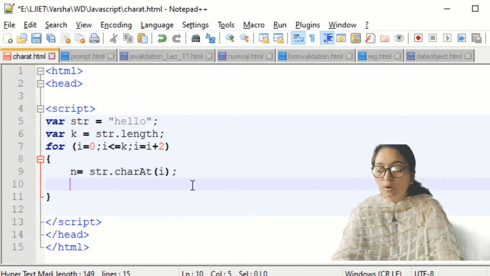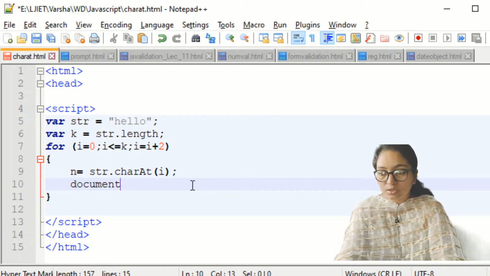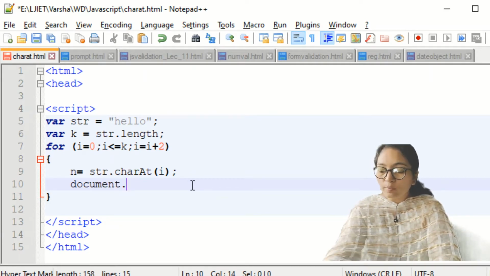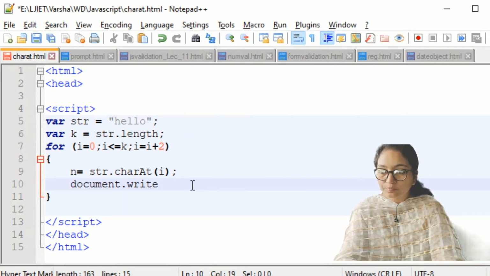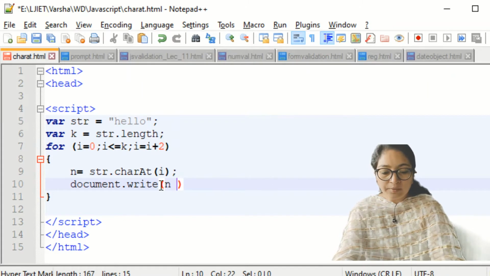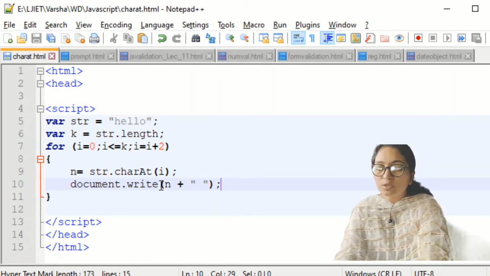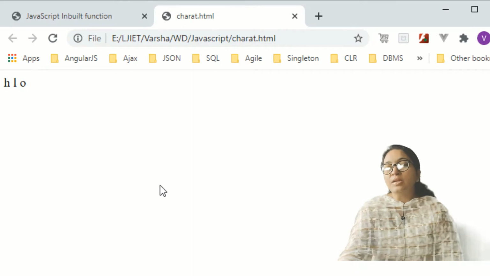Now you just have to print this variable: document.write(n plus some space), so you will have a better idea. Now execute this script, and it will display H, L, O. It displays the string at the odd positions: H at the first position, E at the second, L at the third, L at the fourth, and O at the fifth.